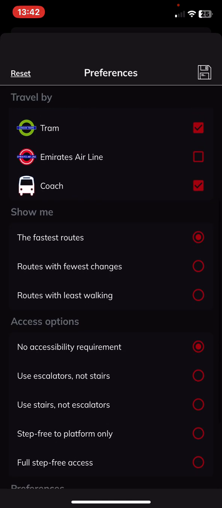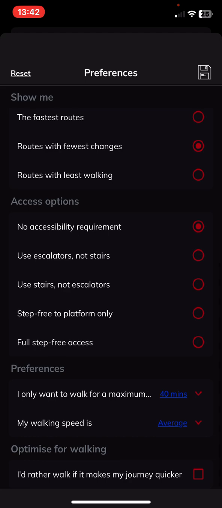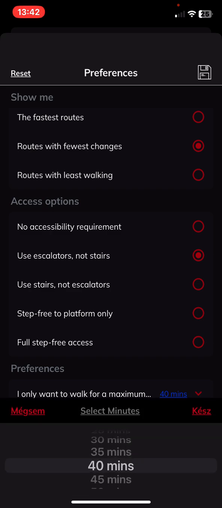Next you can set what you want the application to show you, so the fastest routes, the routes with fewest changes, or routes with least walking. So just click on the circle next to the one that you want to set, and then there are some access options as well, so you can just choose the one that you want, and there are like further preferences,